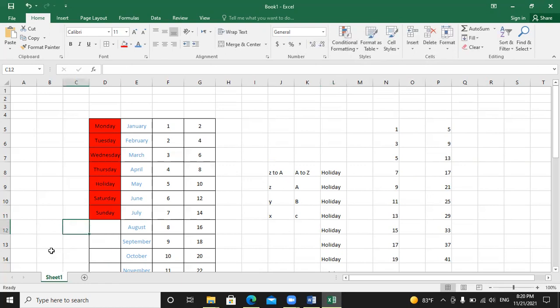The other option is to double click with the mouse and change the name to Months and Days. Okay, I have changed the name of the sheet to Months and Days.